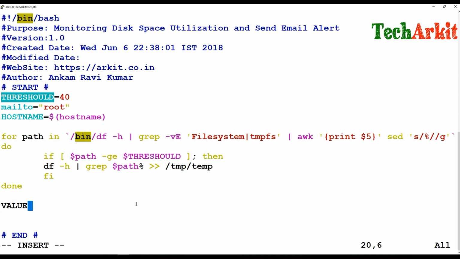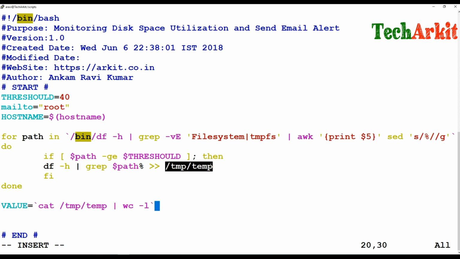Again I'm going to assign a cat of this temp file and count the file lines. If the file line count is greater than or equal to 1, in the sense that any one value has entered that file, then it's going to send us an email.